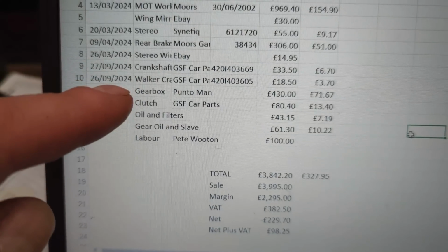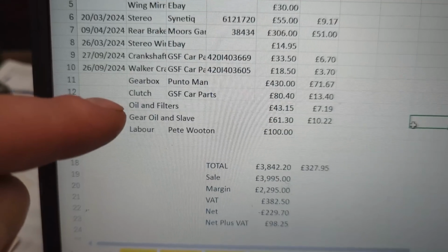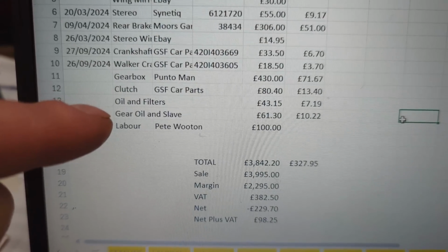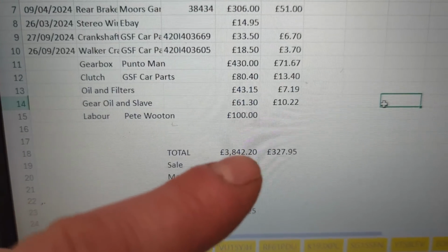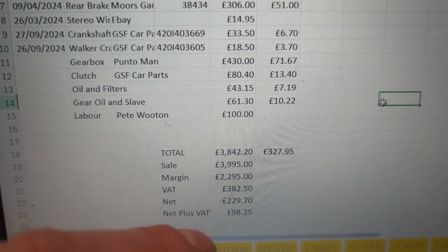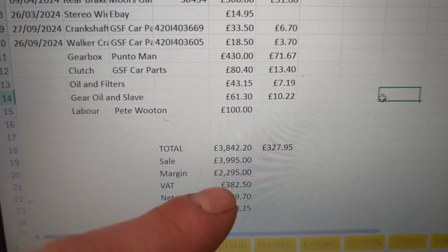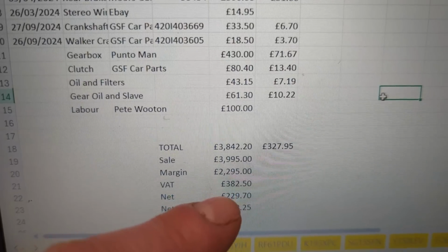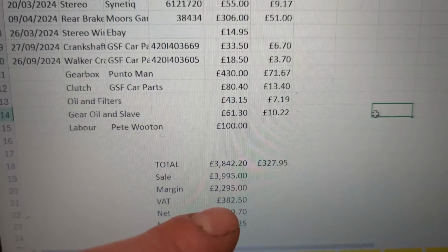Then there is the gearbox that we've got from Punto Man, the clutch, the oil filters, the gearbox oil, and the slave. And that gave a grand total of £3,842, of which we can claim £327 worth of VAT. But we have to pay the VAT man £382 VAT. So even though we're only making £98 on the car, we're going to pay the VAT man £382, because remember,